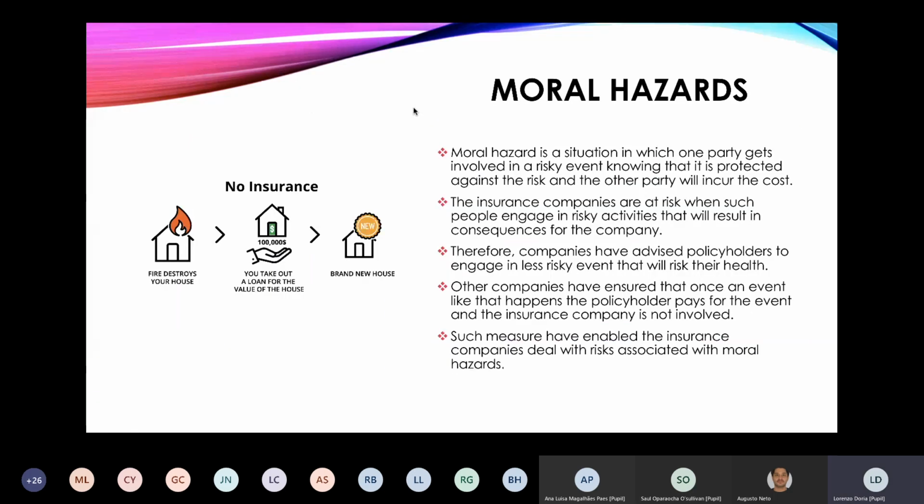So moral hazard is when people, knowing they are insured, take more risks. So for example, if your car is insured against accidents, you may be more careless when driving because you know it's insured. So what happens is that the risk goes up. Or for example, even worse, if you want a new car, or if you think the insurance company values your car for more than you think you can sell it, you could just crash it on purpose and then pretend it was an accident. And this way, you would receive more money from the insurance company than you would selling the car. So it is very difficult to create insurance policies because there needs to be a sense of integrity between the policyholder and the insurance company.